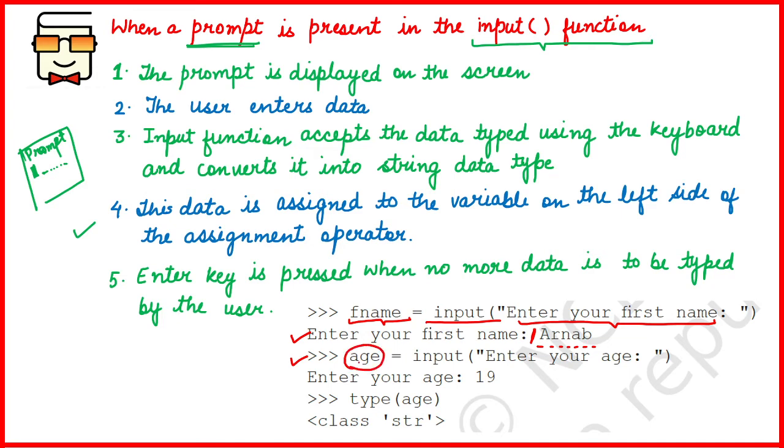If you have another input statement, another statement specifying the input function which has a variable named age on the left hand side, then what will happen? Again, the prompt statement that is specified by this input function will be first displayed, and the user will enter the input, and when you see what is the type of input that has been accepted by the input function, you will see that the type is string.